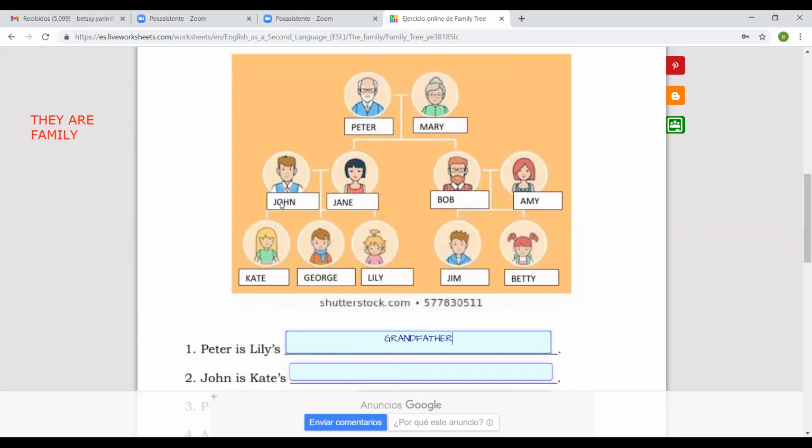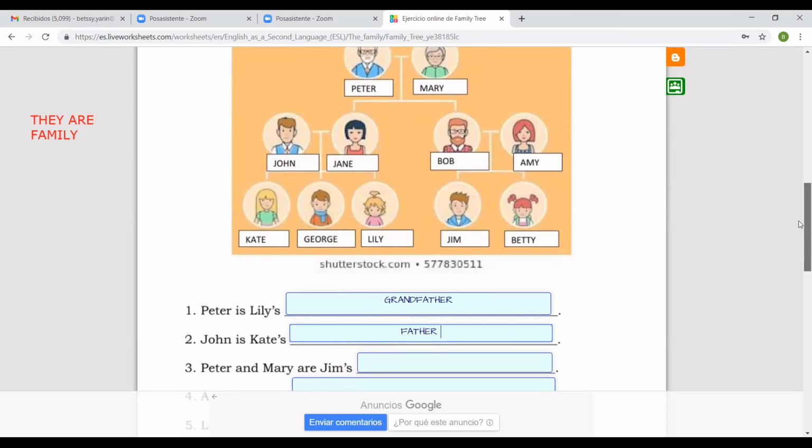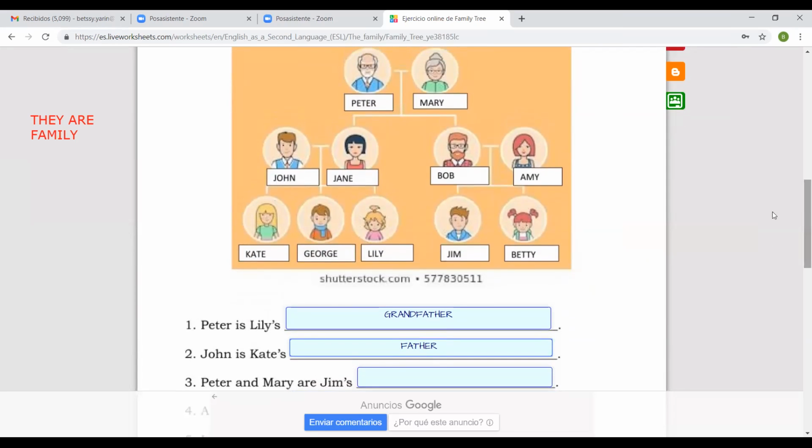John is the kid's father. What about their relationship? Is he her father? Yes, father. Very good, father. John is the kid's father. What about in number 3? Peter and Mary are